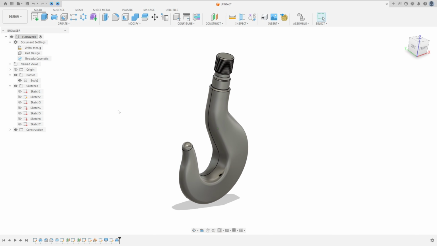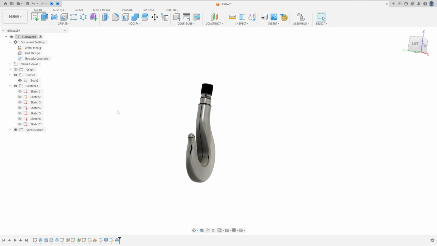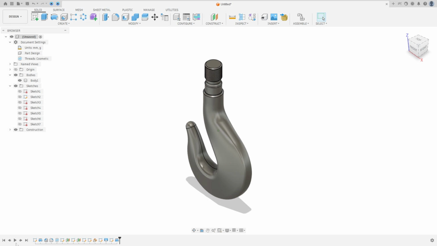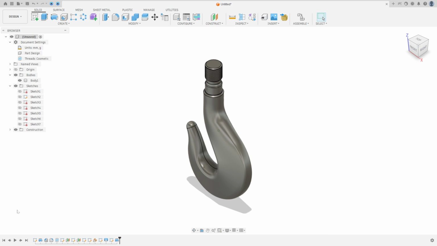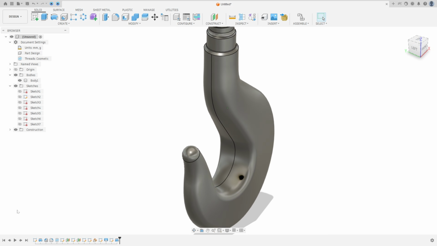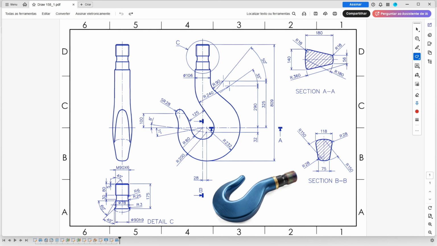Let's create one more tutorial in Autodesk Fusion. In this video, you'll learn to make this hook, and to create this, you'll learn to use Revolve, chamfer, fillet, thread, create a new plane, plane at angle, loft. This drawing may look a little complicated at first, but don't worry, we are going to create this step by